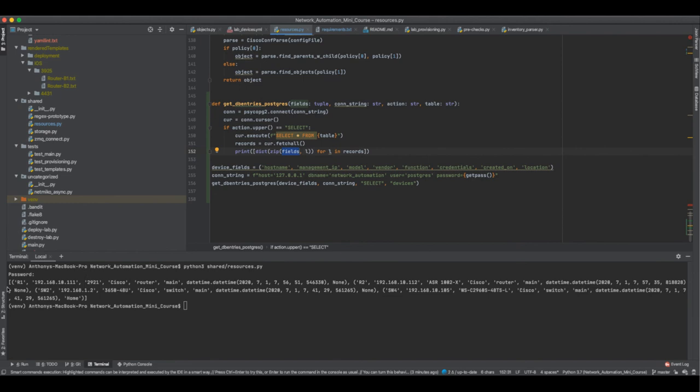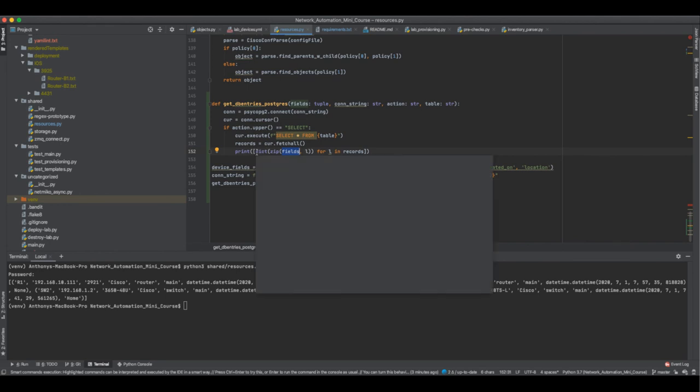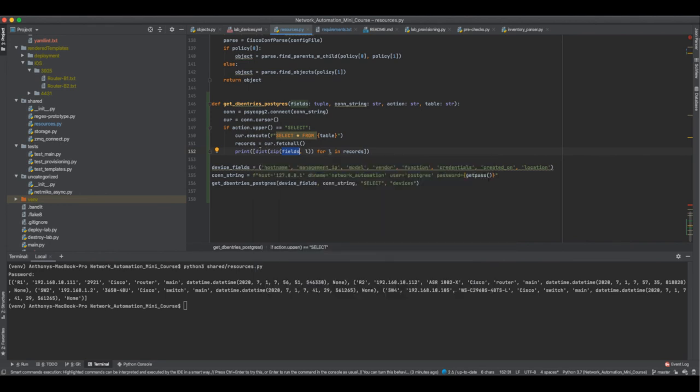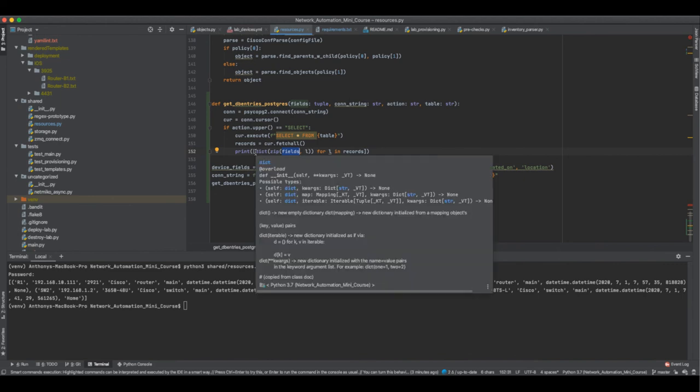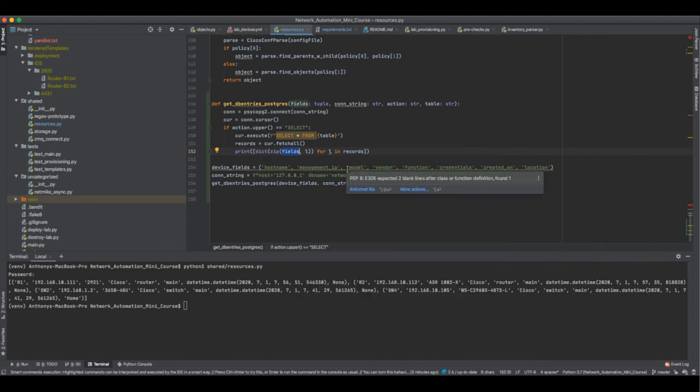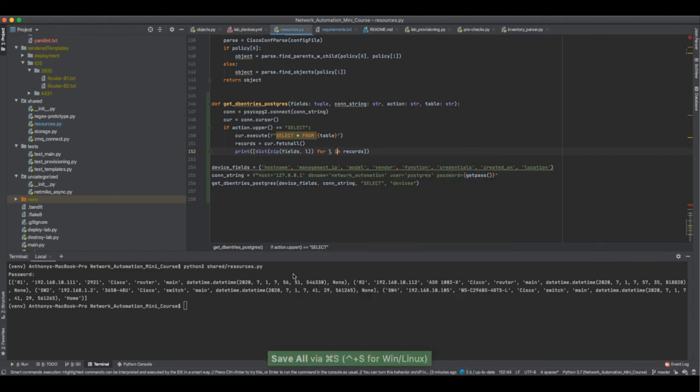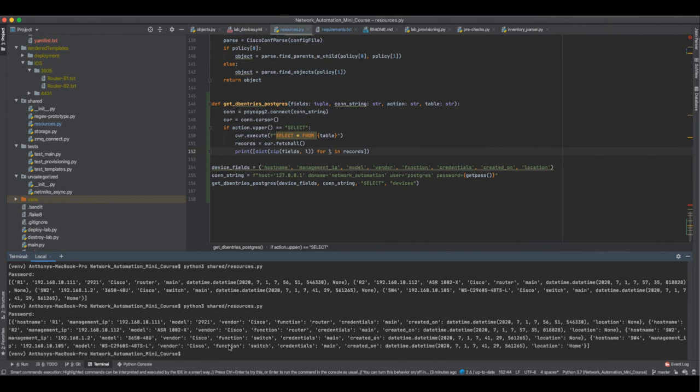And then, because we have multiple entries, we're going to wrap this within a list structure. So it's going to return a dictionary, and then that dictionary is going to be stored within the list for each entry. Okay? So let's rerun that. And there you have it. So now we have